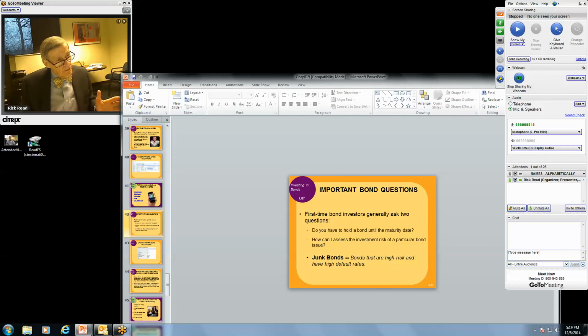You have to be careful about bonds. If you're a first-time bond buyer, you have to know what the worth of the bond is, what the rating has been given to it. You want to buy bonds that have stability. They're going to pay interest you don't have to worry about. You probably should avoid junk bonds if you can. It causes trouble. Yes, you can make a lot of money with junk bonds, but you can also lose a lot of money.